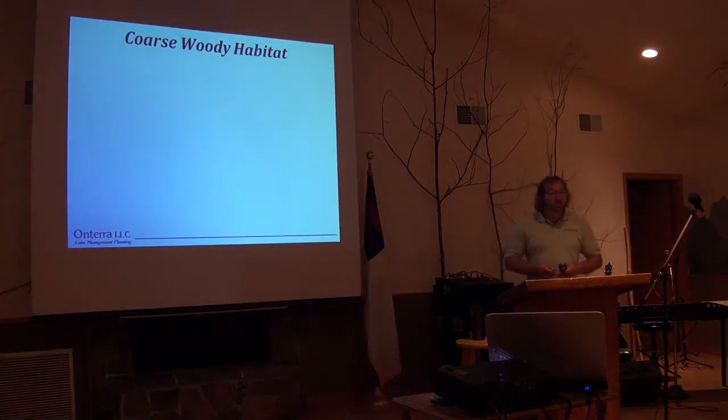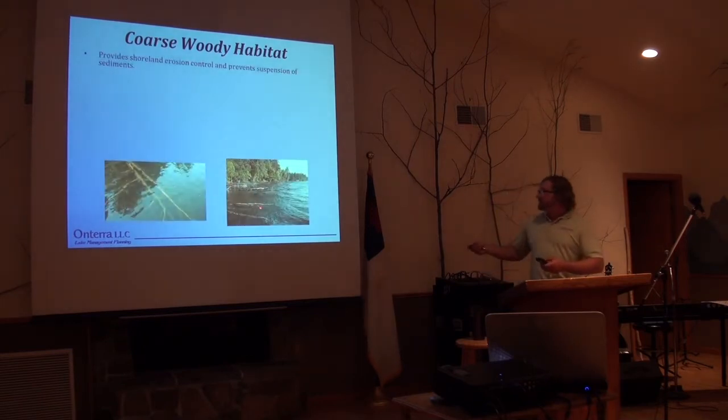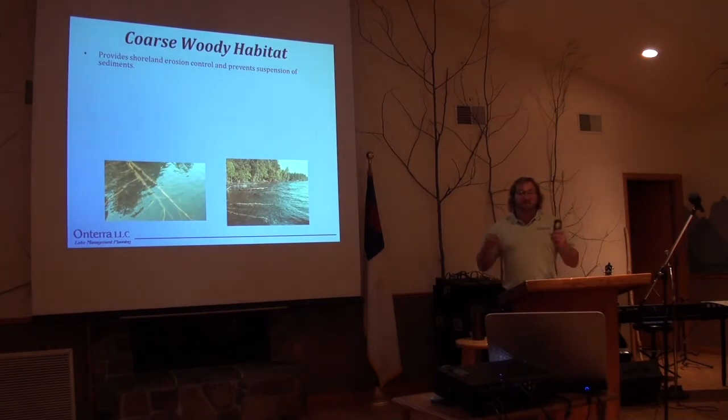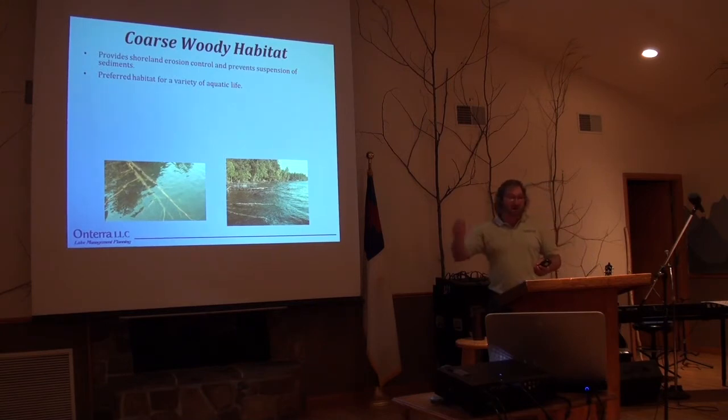We also looked at something called coarse woody habitat. It used to be coarse woody debris, or CWD, but something else took that acronym, so now we changed it to coarse woody habitat. It's the trees that fall in the lake, and they provide great shoreline erosion control. They prevent the resuspension of sediments, and it's a preferred habitat of aquatic life. If you're a fisher person and there's a downed tree, you know you're going to cast over by it. Why? Because there's stuff there. Because that's where a lot of the life